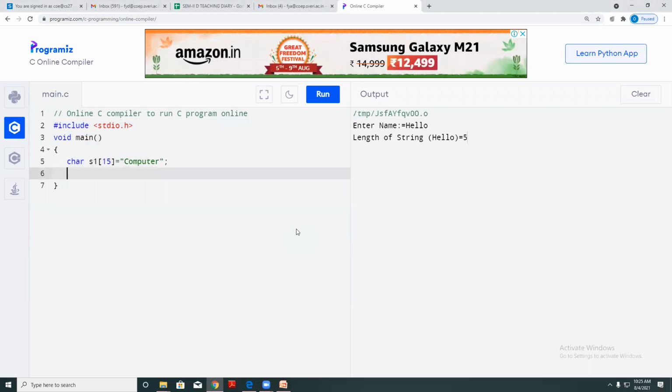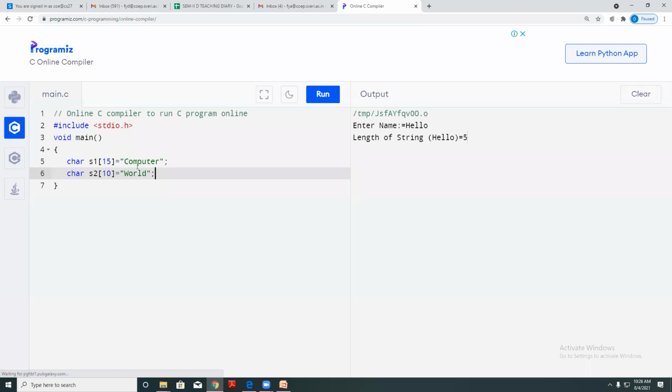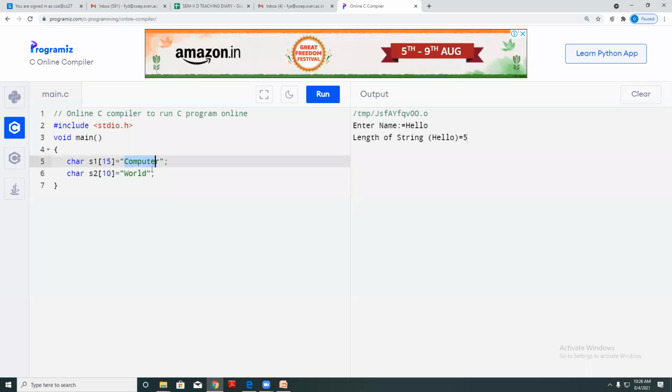Okay, this is my second string of, let's say 10 characters, and here it is world. So these are my two strings. First string is computer, second string is world. So I need to do comparison whether this string is equal to this string.